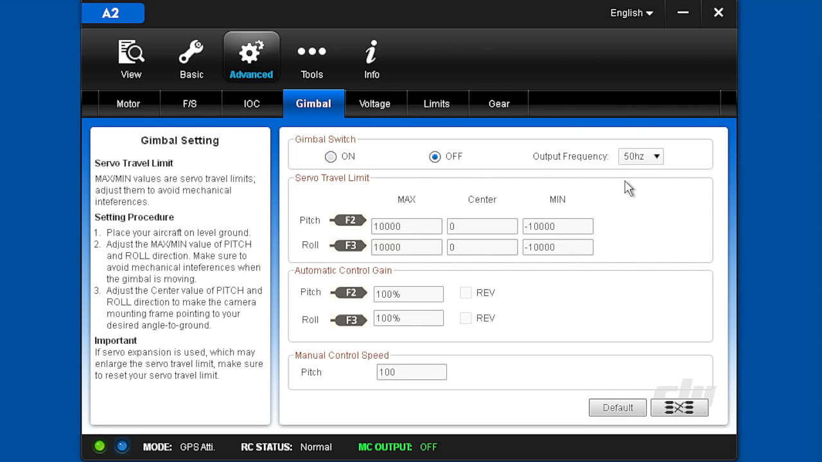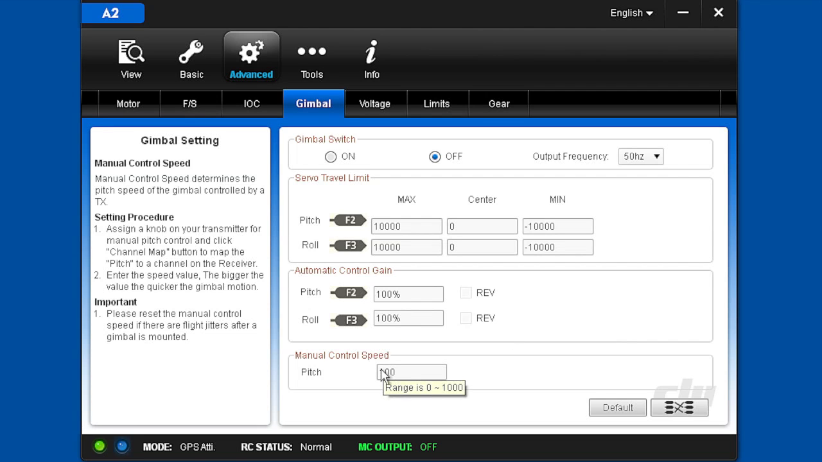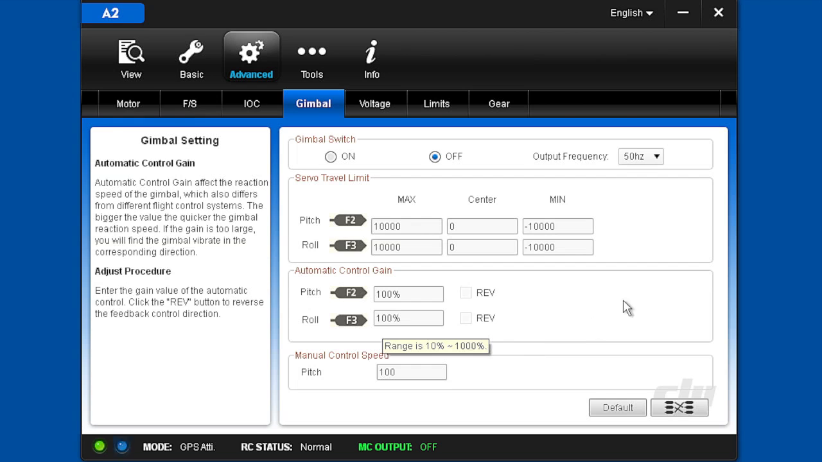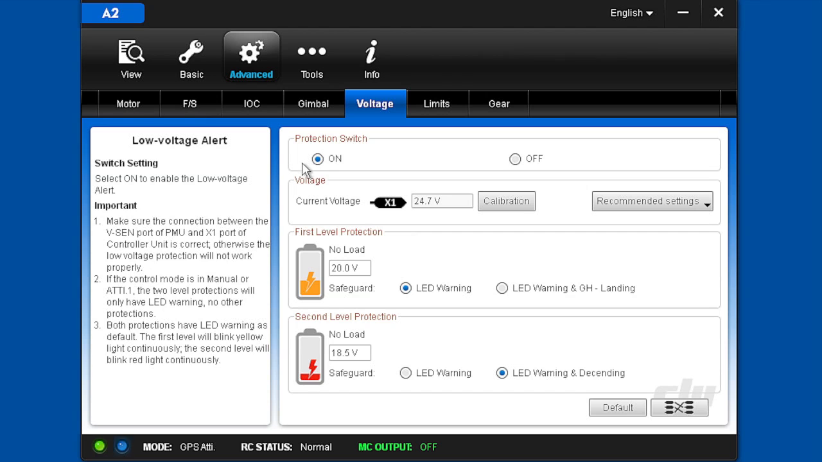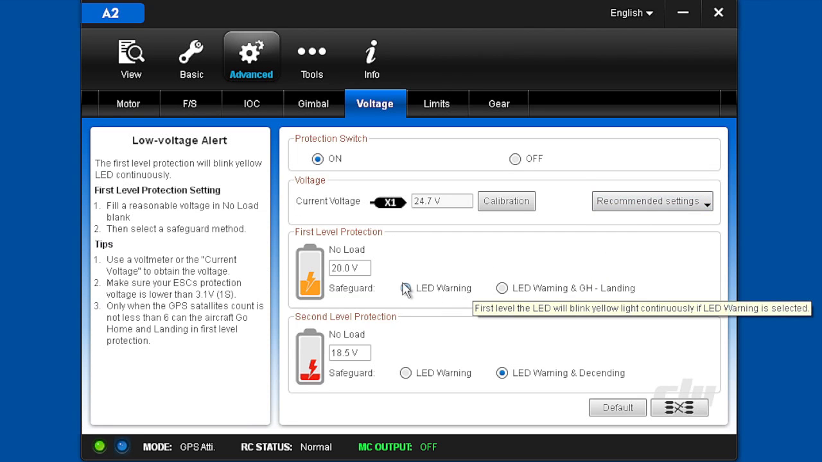You can turn this on, set the frequency for the servo, set your minimum and maximum endpoints and the center for the servo, the gain adjustments, and manual pitch control speed. Most people aren't really using this now with the brushless gimbals and Zenmuses, but it's there if you need it. Under voltage protection, you can turn that on and tell it what battery you've got and set your first